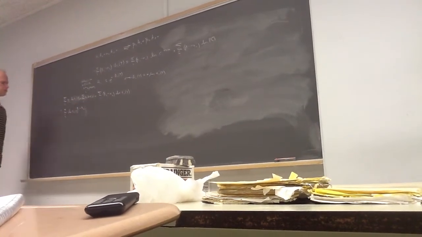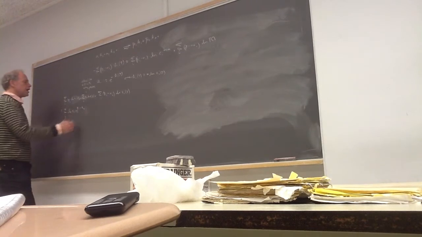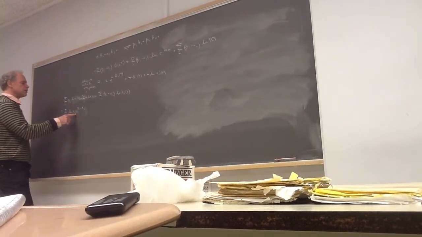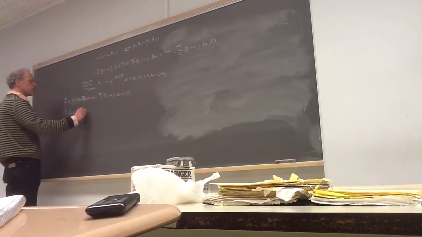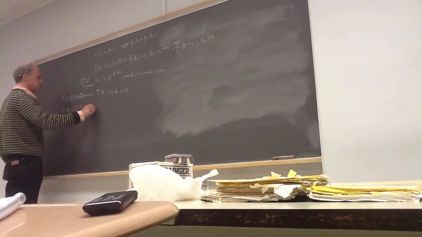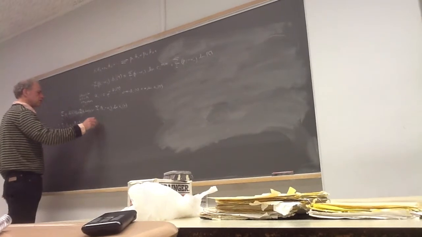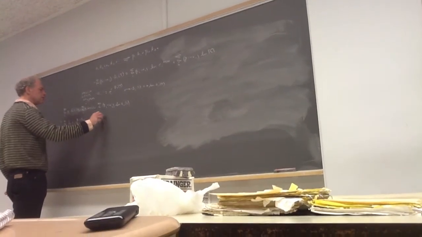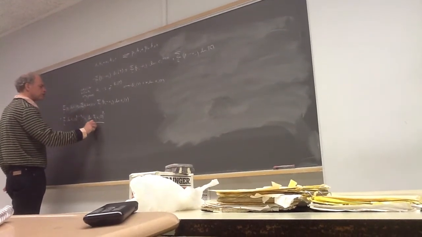There's no reason to break it up this way. And the sum of the logs is the log of the product. So this is the log of the product a_i of T to the beta i, over the product on